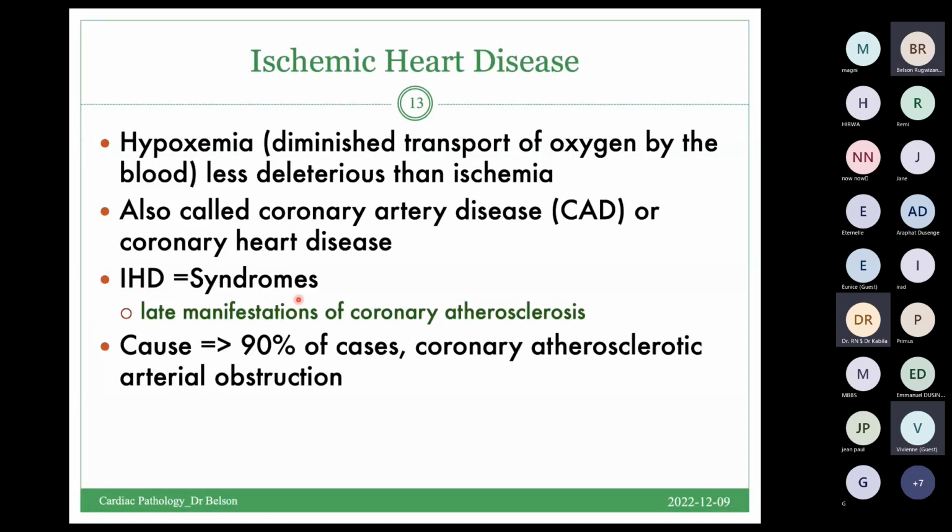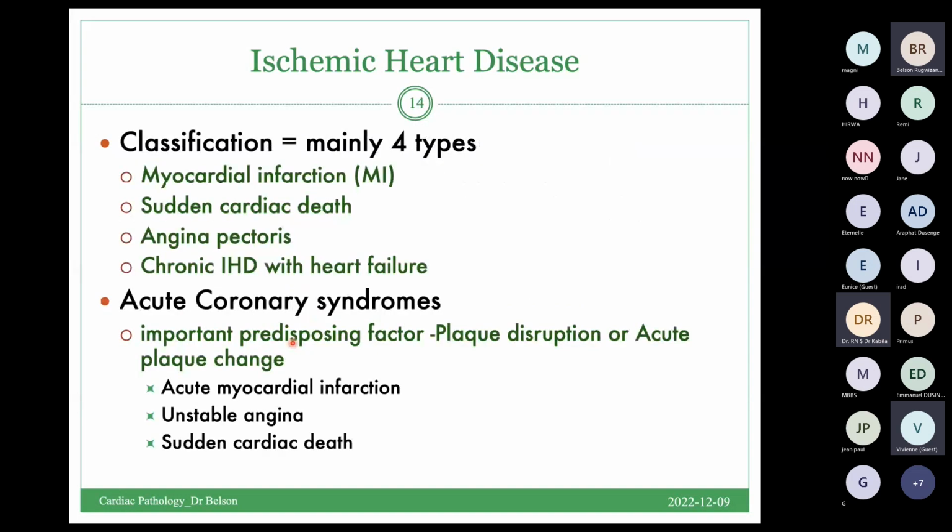So the cause in most of ischemic heart diseases, 90% of the cases, is atherosclerosis. So as you have seen, you have 4 types of ischemic heart disease. As I said, this is a syndrome, but in it you have 4 different types. So these ones are now diseases or diagnoses: myocardial infarction, sudden cardiac death, angina pectoris, and chronic ischemic heart disease with heart failure. So these are the 4 main types of